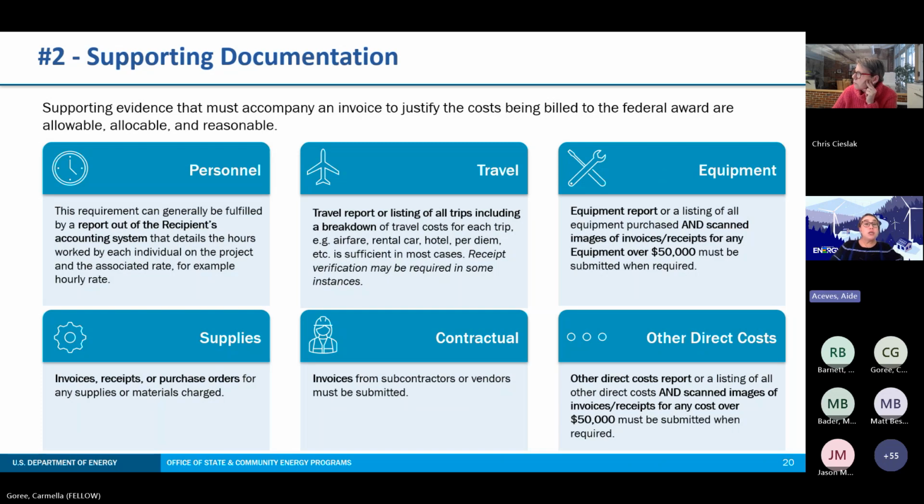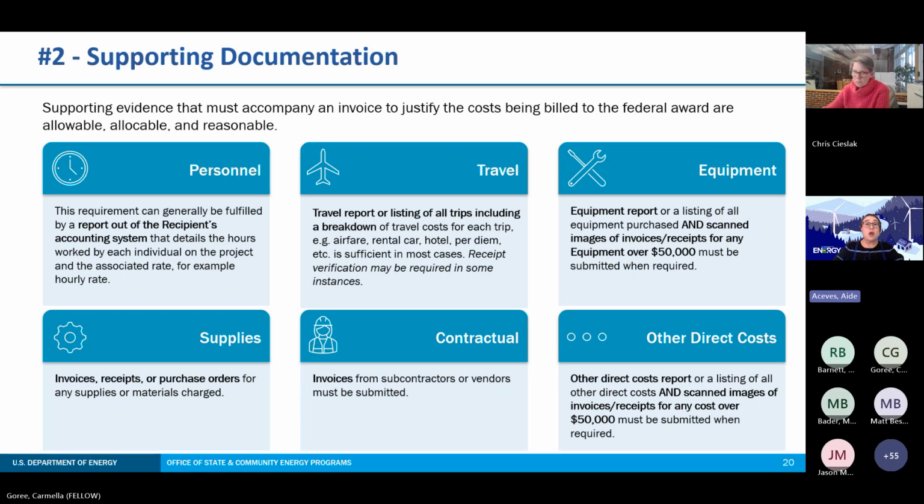Next, we are going to walk through the cost category tabs alongside some examples of what supporting documentation can look like for each cost category. We will go over specific examples of supporting documentation as well as what data to enter into the invoicing template. So the types of supporting documentation to include with your invoice package will vary by what costs you will be including for reimbursement.